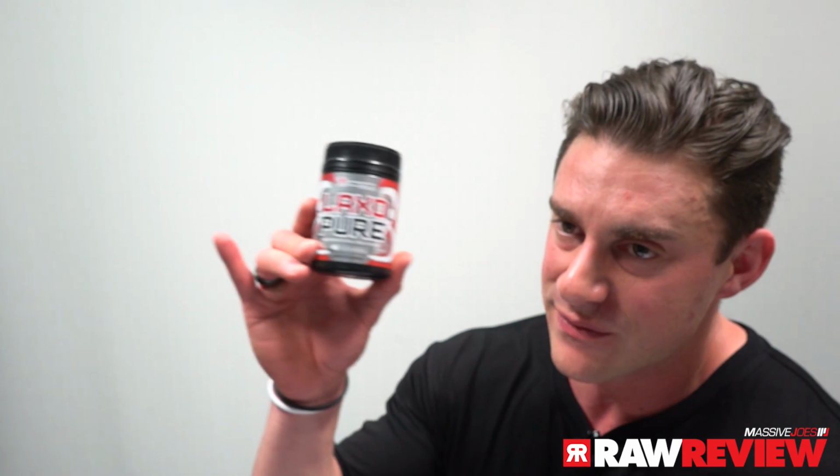Side effects, apart from the increase in appetite, which sometimes I guess could be considered a side effect when you're in caloric deficit, no side effects apart from that whatsoever. Just absolutely nothing that I personally have noticed. No side effects have been reported, and there's been a lot of people who have used LAXOPure and have really enjoyed the results, and we have yet to receive any sort of side effect whatsoever. In terms of